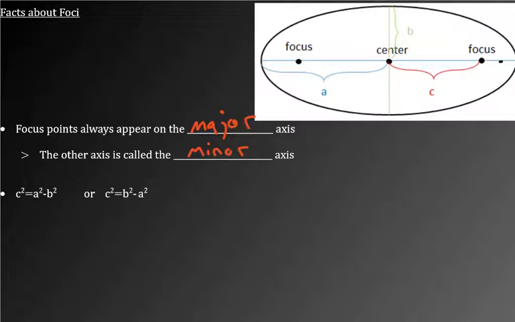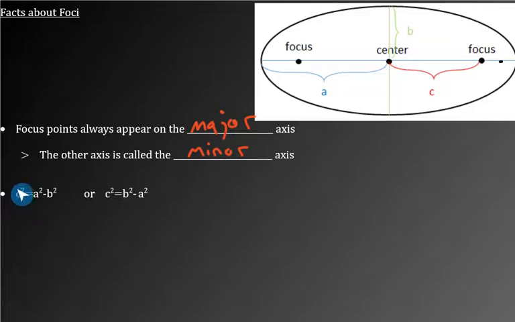And you do have to know these two. Luckily, they're very similar, but it's saying that the distance from the center to a focus, if we square that, either equals a squared minus b squared or b squared minus a squared. And I'm going to show you how this works, but just so you see,